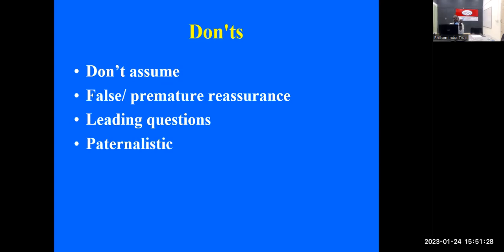And you should not be paternalistic. Paternalistic means asking the patient, did you sleep? What did you eat? Paternalistic means the relation between a parent and a child. So, as medical professionals, many of the people just tell the patient, okay, you have to take this, you have to do this. And we should not do that, because the patient is also a person. They are also having the same status as ours. So we should consider them as a person with equal status. Okay.